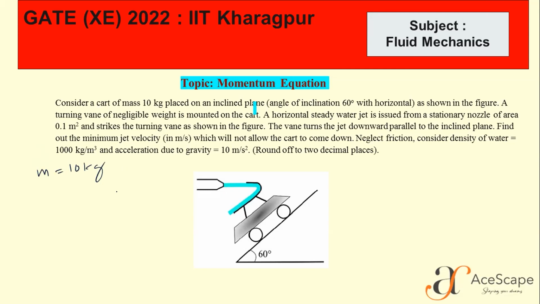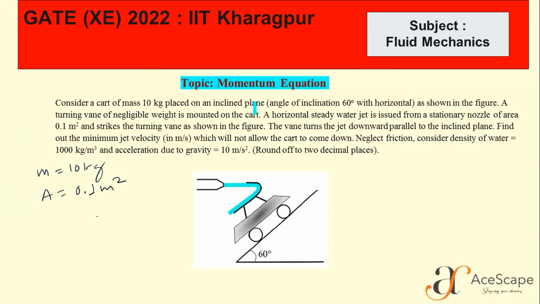Now it's placed on an inclined plane that is making a 60-degree angle with the horizontal. As shown in the figure, a turning vane of negligible weight is mounted on the cart. A horizontal steady water jet is issued from a stationary nozzle of area 0.1 meter square and strikes. Okay, they have given us the area